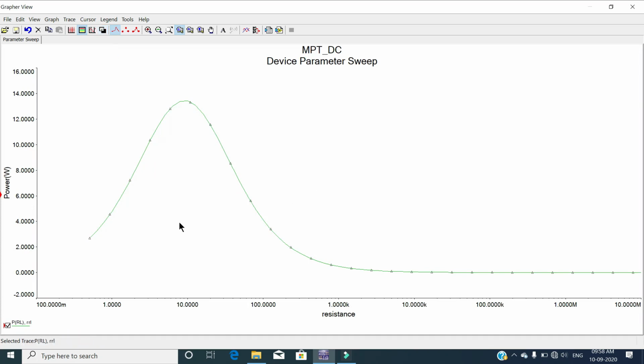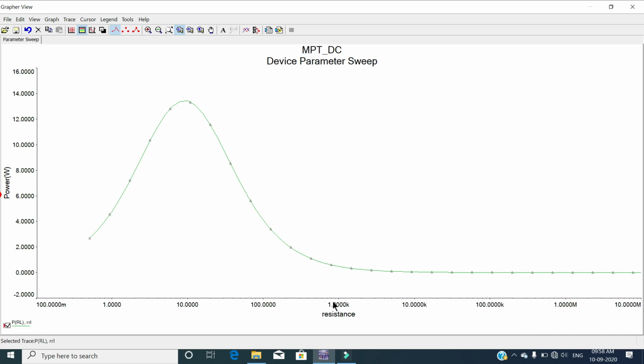As you can see in this graph, the vertical axis corresponds to the power delivered to the load resistor RL, which is measured in watt, and the horizontal axis corresponds to the range of value of RL over which the sweep analysis has been carried out.